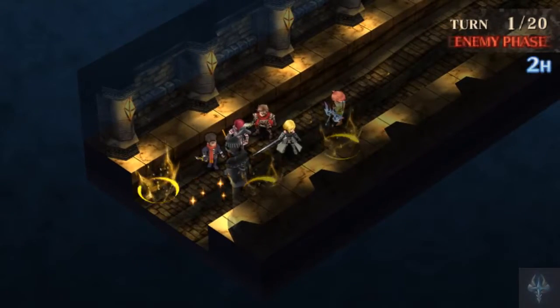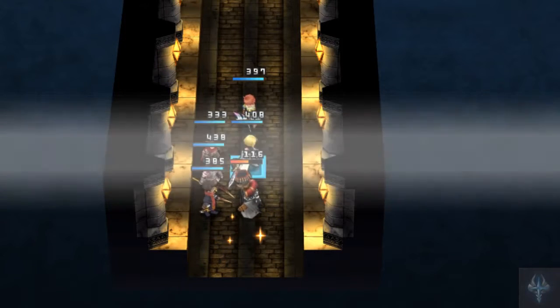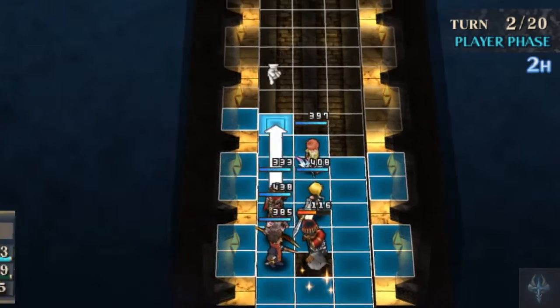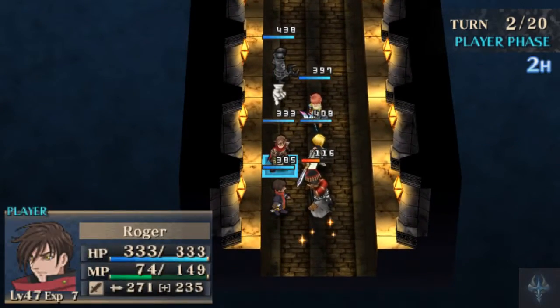I just need to send someone up, and that someone's going to be Giles, so that he can sweep, and he will one-shot the golem coming after us. I think the whole point of this fight was to have, you know...